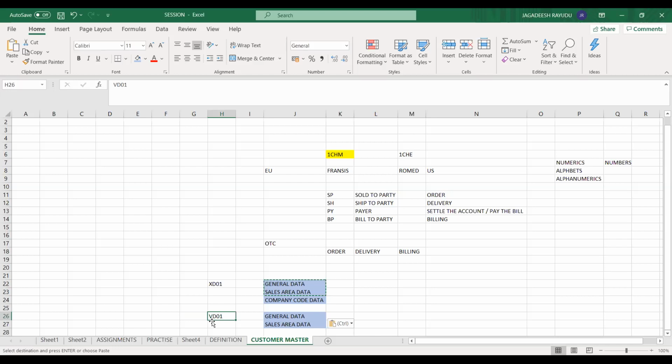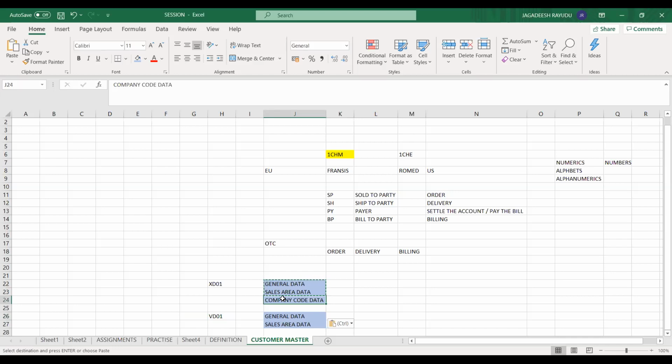You can take another instance, like you are working for sales order, delivery, billing. Whatever elements you are creating, being an SD consultant, sometimes you will not be exposed to company code data. The company is maintaining some confidentiality.